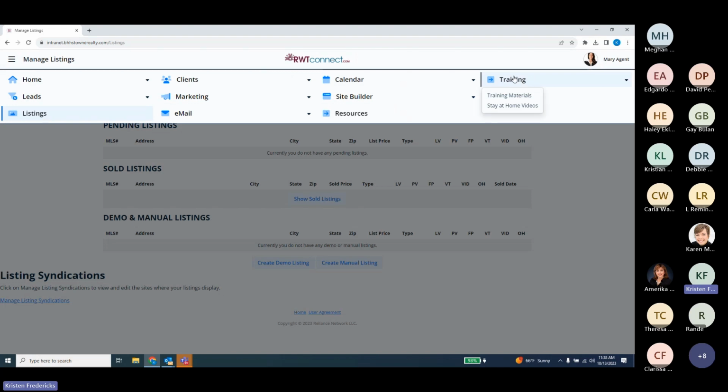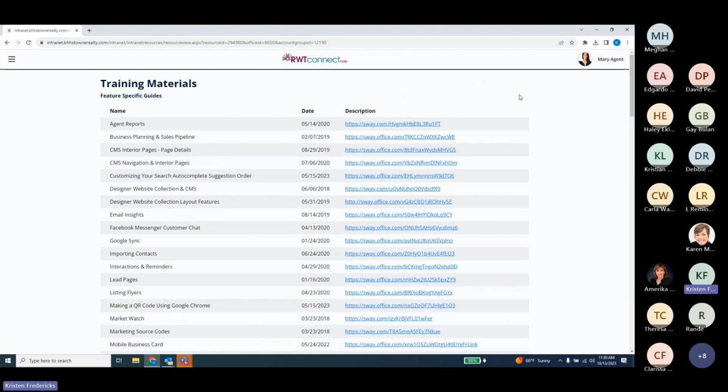And last but certainly not least, the training section contains training materials and guides, and these are from our vendor. So we use the coaching and training section of our library to post our own things. Things like these Blitz classes are in that coaching and training library. This training library up here at the top is from our vendor specifically. And if you click on training materials, it's going to bring you to all the feature specific guides in this